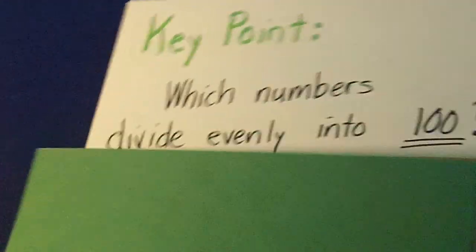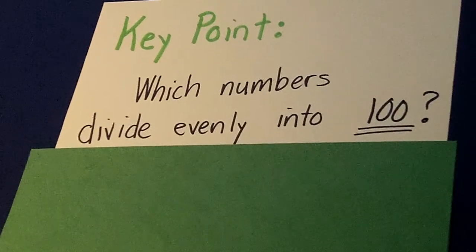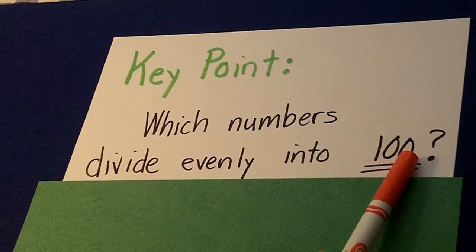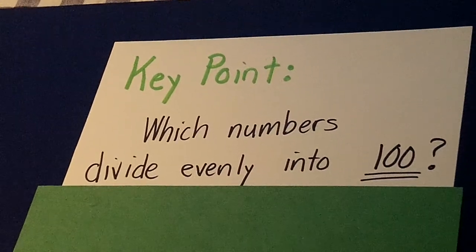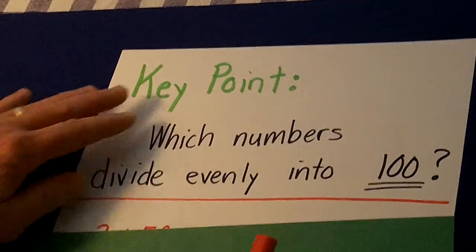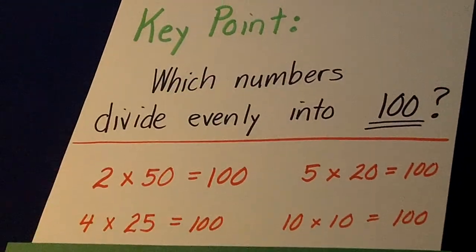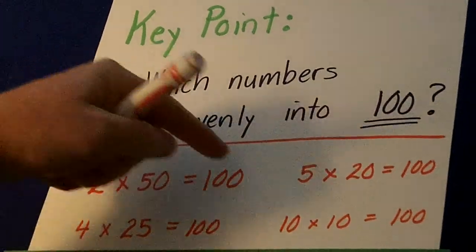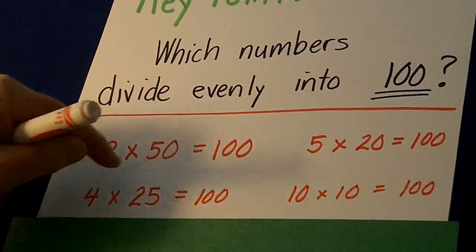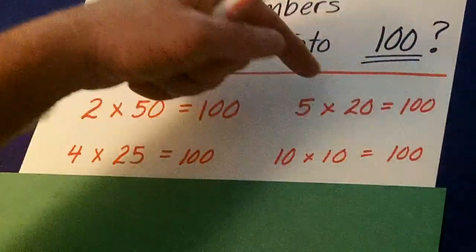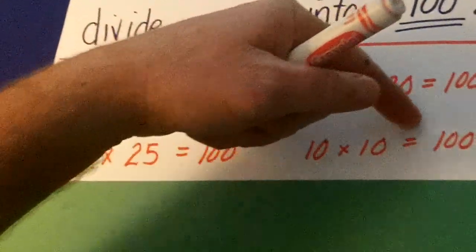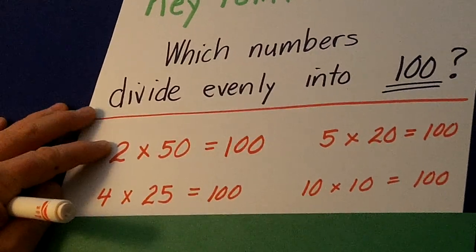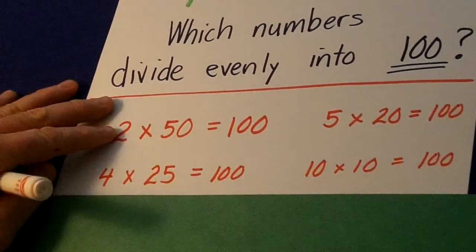Now, I could do that easily because I've memorized something. Key point: which numbers divide evenly into 100? You can do this very simply and quickly if you know these 4. 2 times 50 is 100, which is the same as 50 times 2 is 100. 4 times 25, or 25 times 4 is 100. 5 times 20, or 20 times 5 is 100. And 10 times 10 is 100. If you know those 4 items, then it becomes very simple to convert decimals to